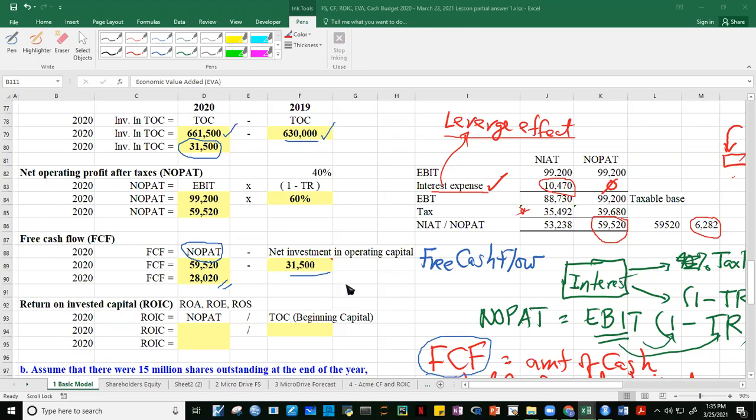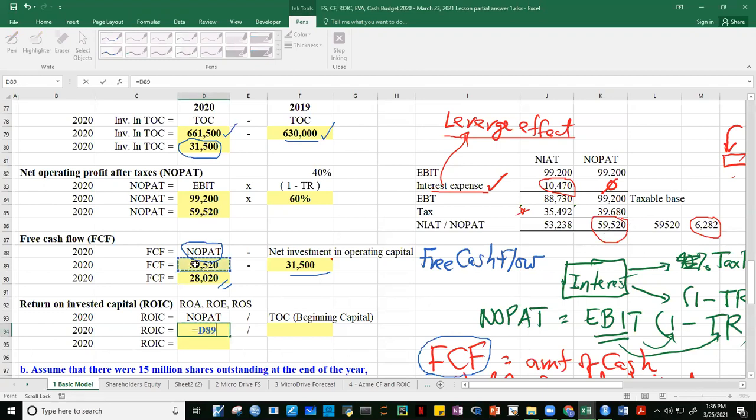Take note, hindi natin ginagamit yung niyat. Diba? Kasi sabi natin, mas magandang measure yung operating profit, yung NOPAT, in order to assess the performance of management. So we're not using niyat here. Okay, so ito yung reason kung bakit natin kino-compute yung NOPAT, which is higher than niyat, okay? Which of course will be quote-unquote beneficial for management kasi hindi natin binabawas yung interest expense. Kasi nga, hindi naman sila responsible for interest expense. Wala silang control over that. So sige, assess natin sila by their operating performance, which is NOPAT, which in this case is